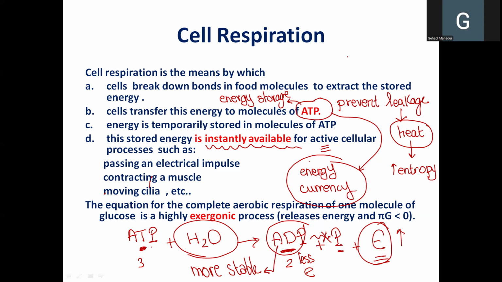And part of that energy, as we know, is utilized as an activation energy for the exergonic process, and part of it is stored in ATP. So the big amount of energy that is released from the breakdown of one molecule of glucose is stored in ATP,